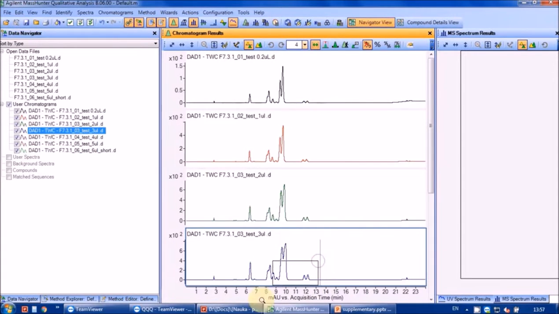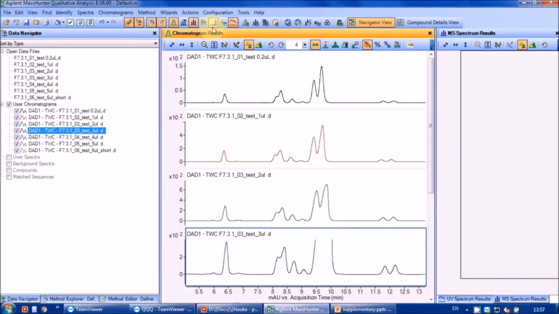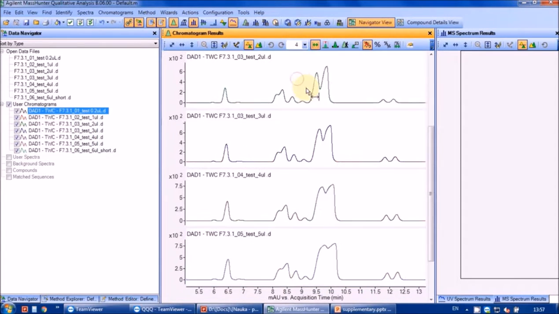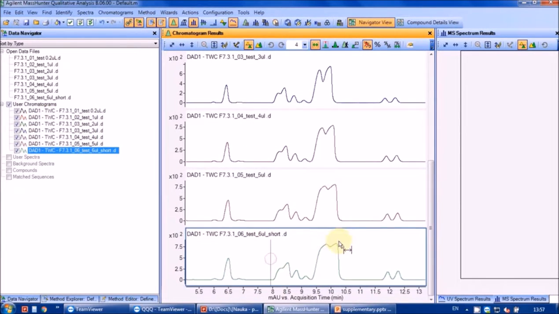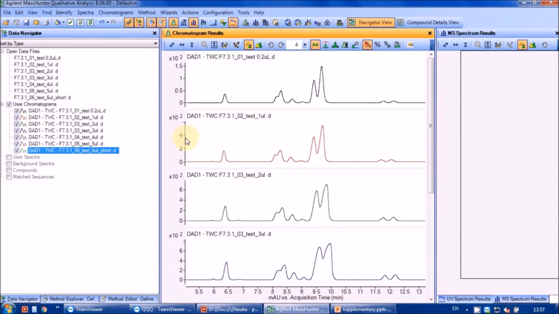So this is from 0.2 to 6 microliters. As we can see, if we inject low volumes, such as 0.2 microliters of sample, we will obtain good peak shapes and adequate separation, comparable to analytical HPLC, but at the expense of needing to perform hundreds of separations, which